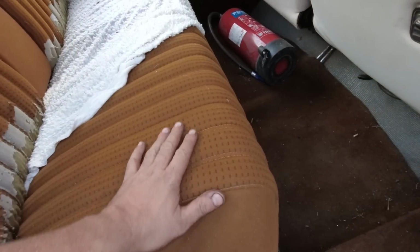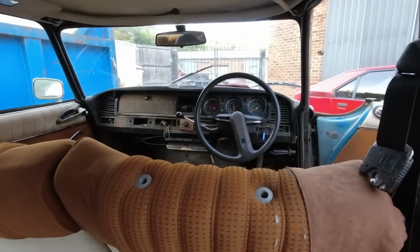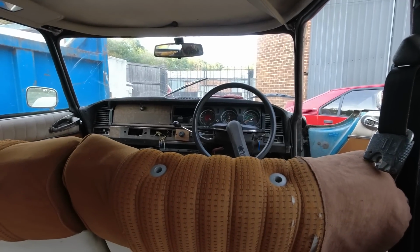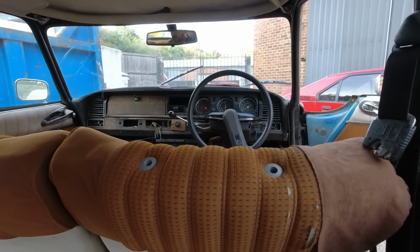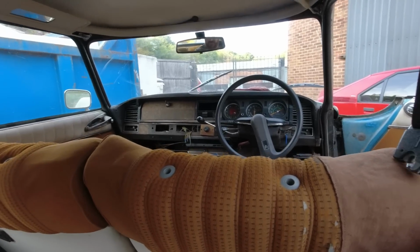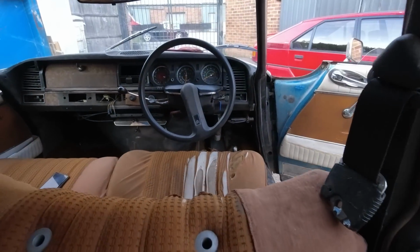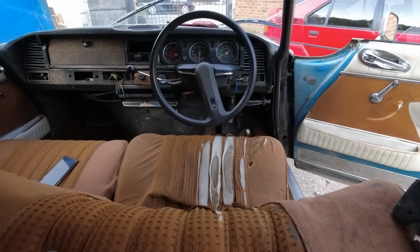I love this cloth trim. It's got this kind of French cloth, and then these bits here are padded, so the seats are ridiculously comfy. I did just sit in here once and have a beer at the end of the day. As you can see, a lot of leg room, because if I bring my legs all the way back, I have space for more legs. And that seat is not pushed forward. That's the normal position. It looks like it's pushed forward, but remember, you sink into it about 5